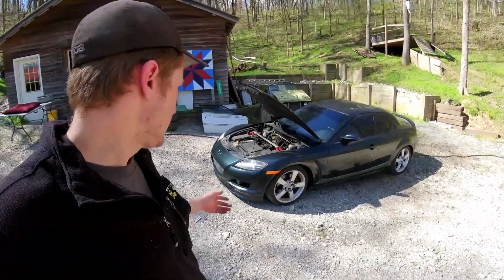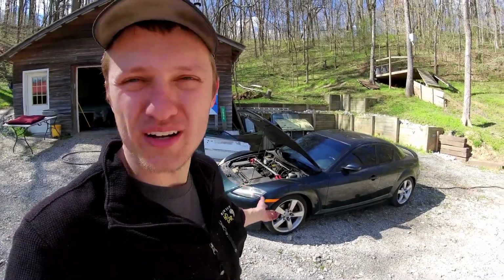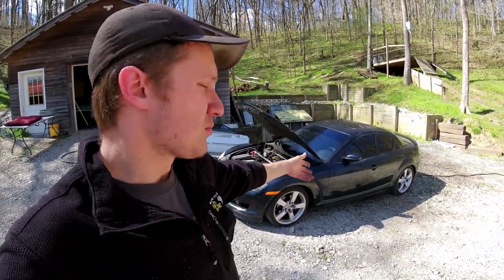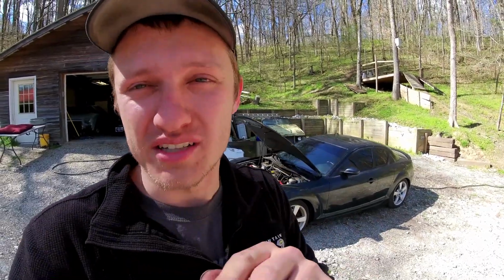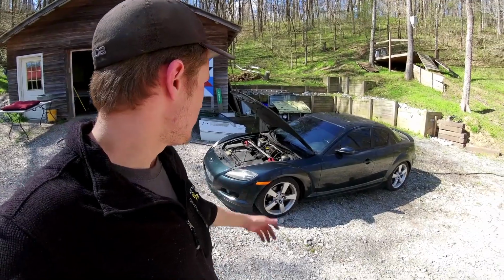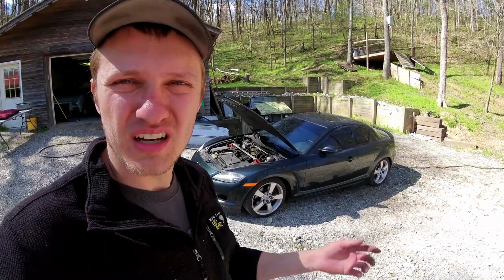I am turning it into a full-blown, not really missile race car, but a race car, right? It's a really cheap RX8 that runs. We're going to make it good enough. We're going to put some cool livery on it, put my bucket seats in it, gut everything else we don't need out of it. So if you need RX8 interior parts, let me know, because I'll basically give them to you. And then make it look reasonable, and I got a set of wheels coming for it, and it should be a good fun car to keep up with Justin,